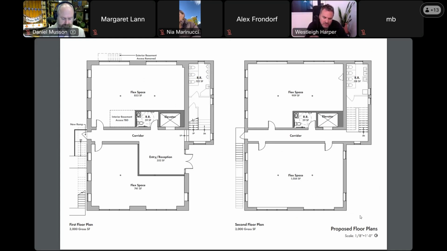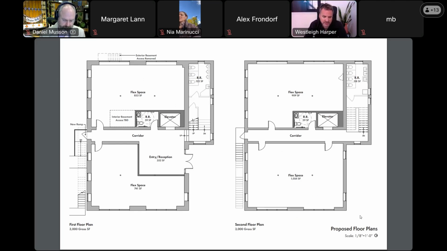So since we're lowering the first floor slab, in order to get ADA accessibility, that landing where people are currently entering is now elevated. And so we're kind of containing all of the stairs to a place where people that can use the stairs can use them, but then we also have ADA accessible entry and then an elevator up to the second floor. We also have an ADA accessible restroom adjacent to the elevator to meet that code requirement.